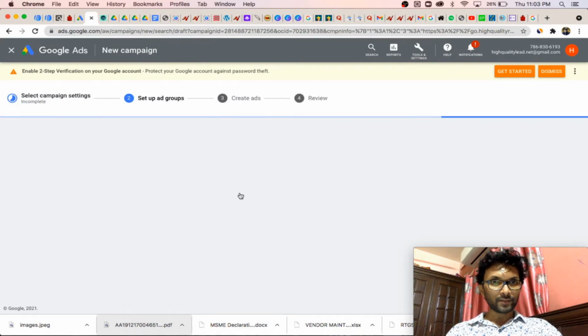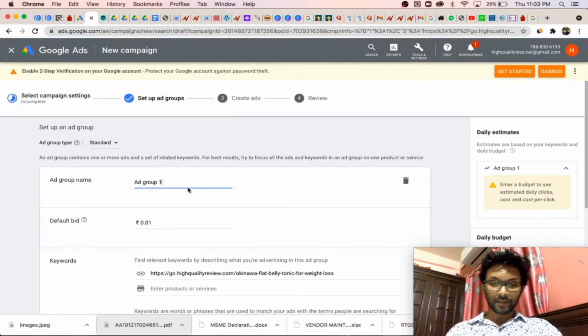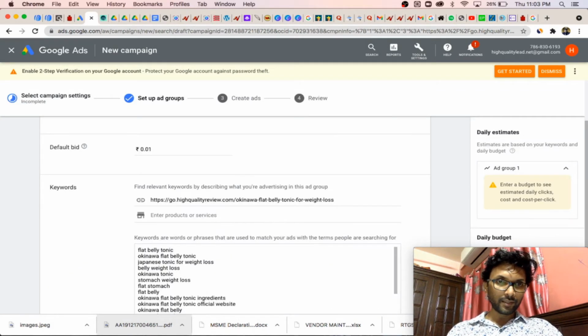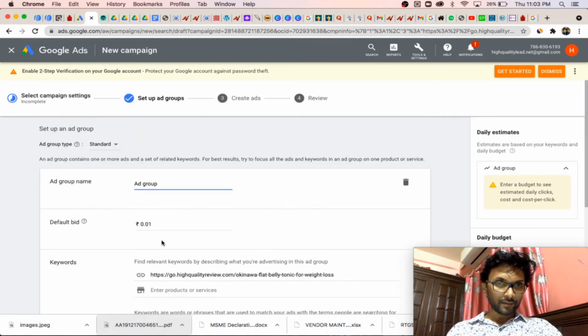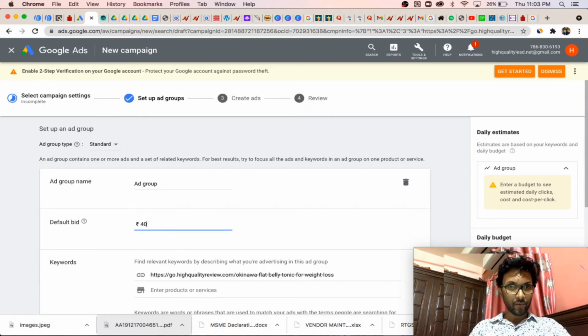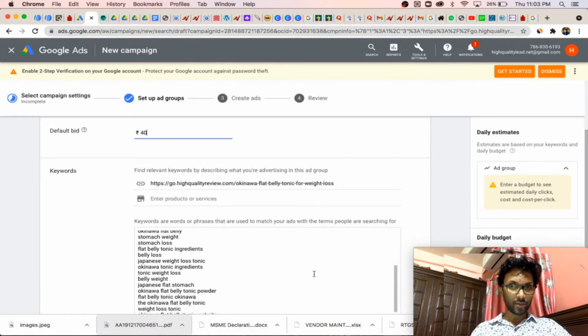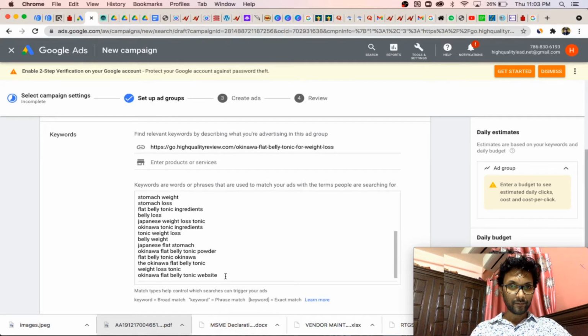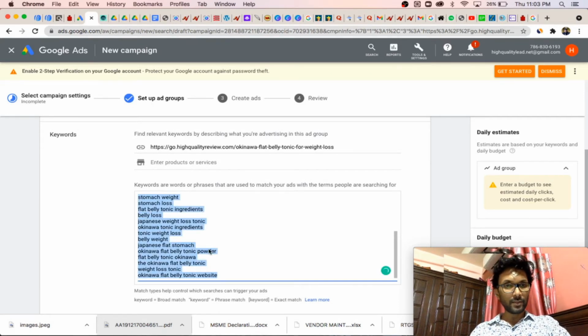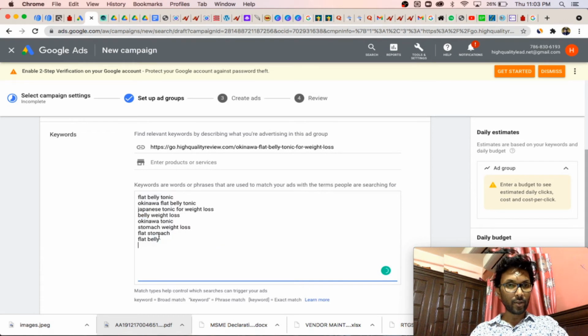So come to this section and you can give any name there, and for the bid you put at least $0.5, like 40 rupees per click. Here some keywords come automatically, but we will not use these keywords.